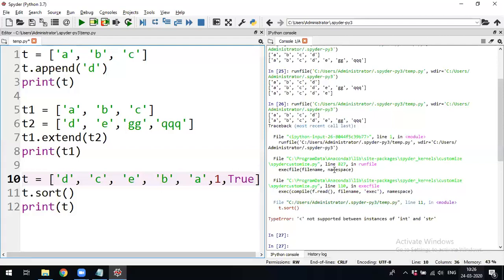Okay, sir. I got it. Thank you, sir. The problem is with the three different types: Boolean, the string, the number. With a character and a string, it is no problem, whether a single character or more than one character. Because of that reason, it is not going to perform the sort on different data types.